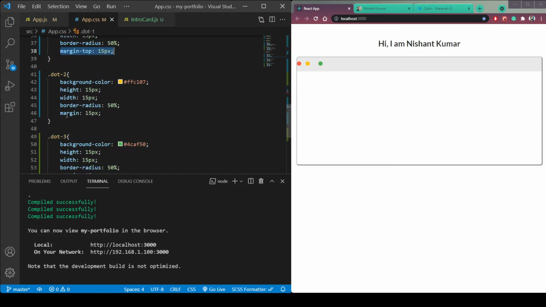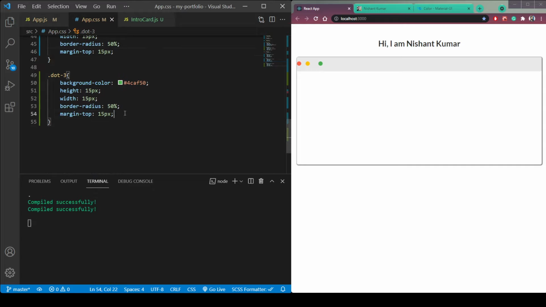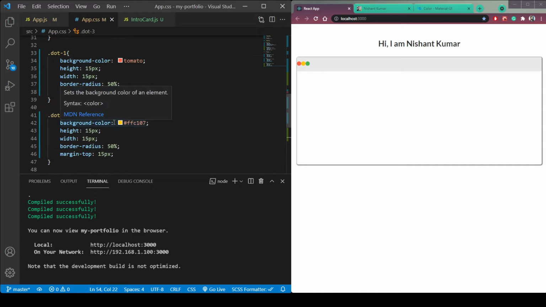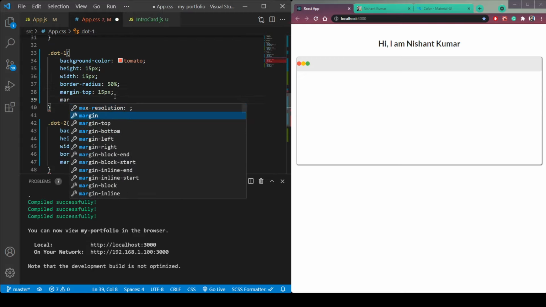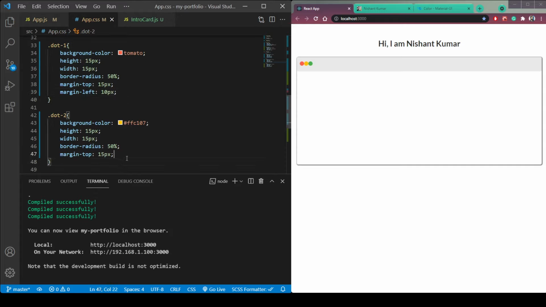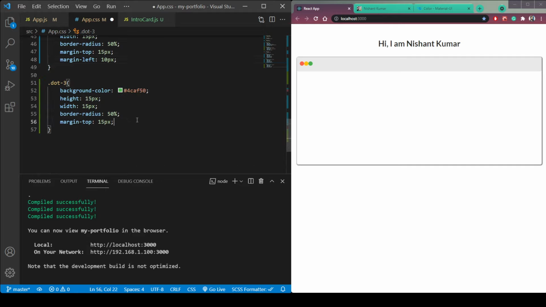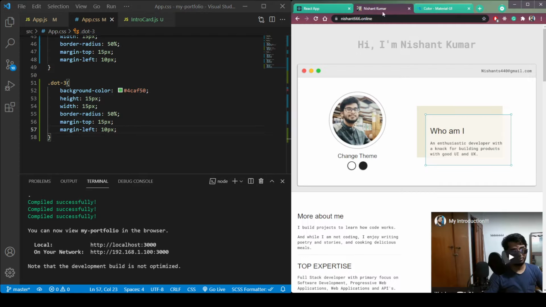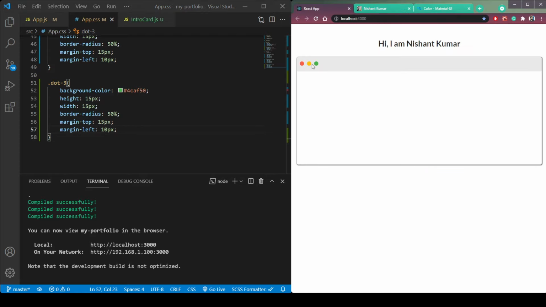So copy it, paste it here also. Now we need to give the left margin. So margin left 5 or 5 px, or let's say 10. Then copy this and repeat it in dot 2 and dot 3. 10 px and then 10 px. Now save it, and you will see that it is looking like this.